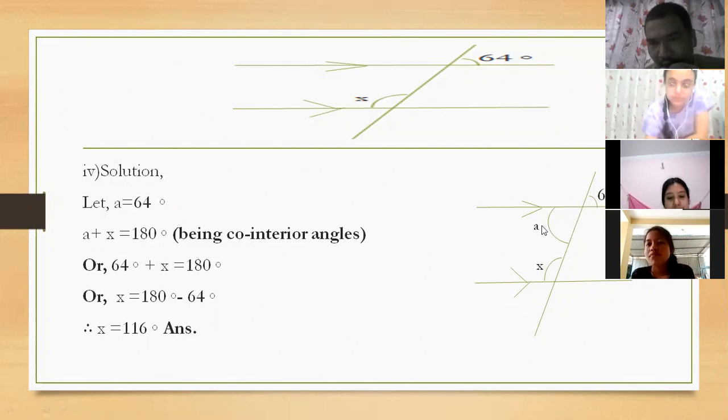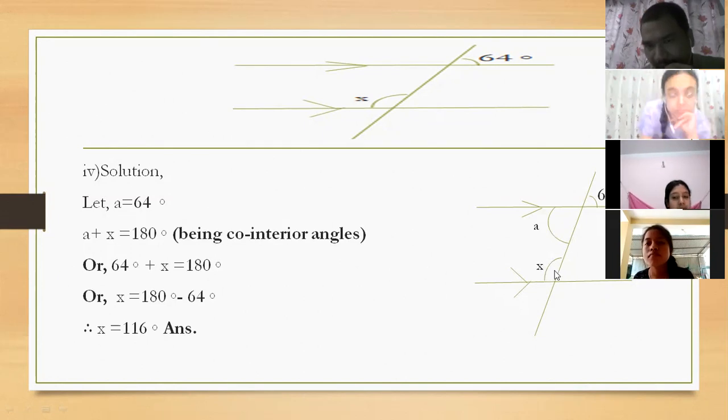Then now we have brought them. This A and X are now a pair of angles, okay? There is a relationship between this A and X now. When you add A and X, they are co-interior angles now. We can find out the value of X now. Okay, children?